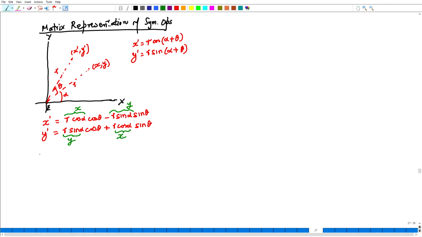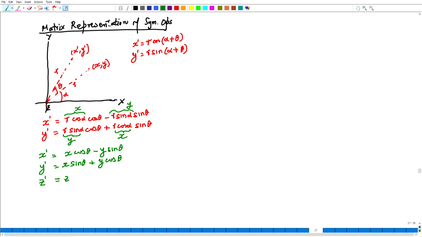So, one can write x prime to be equal to x cos theta minus y sin theta, y prime to be equal to x sin theta plus y cos theta. And if one were to write z prime, well, z prime, since we are only moving in the xy plane, z prime does not change. So, the z axis will remain as simply z.